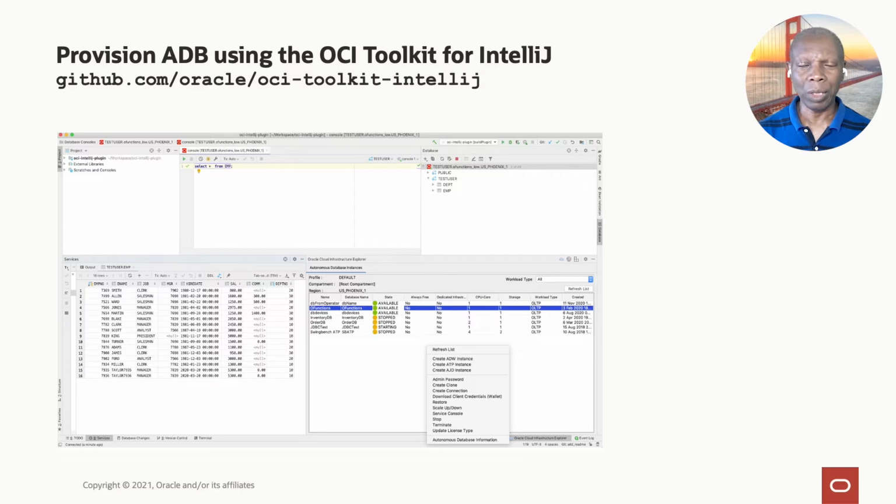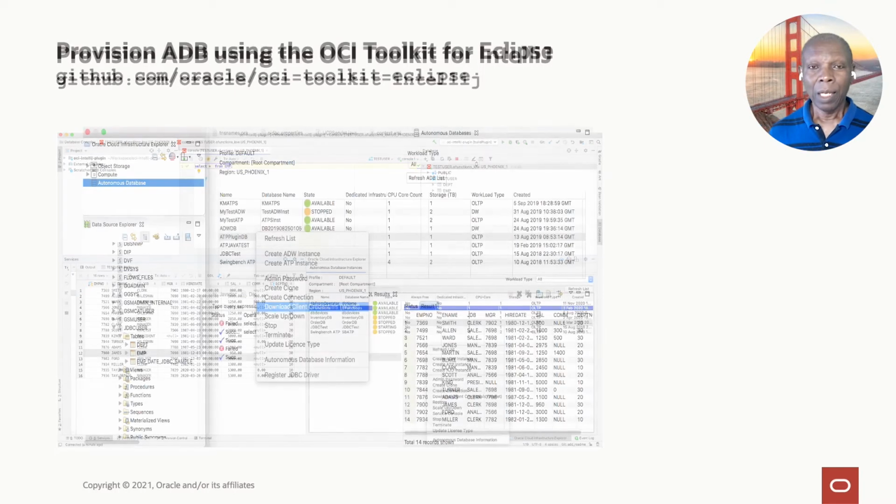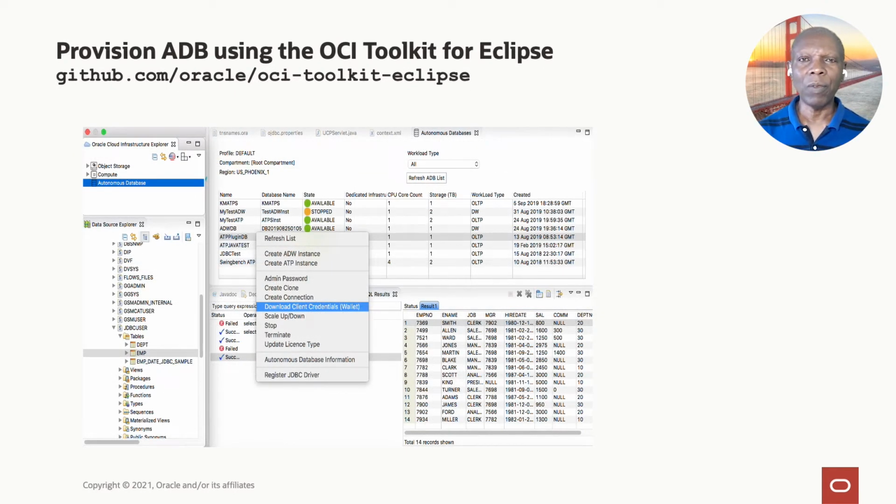The client credentials are generated for the specific instance of the autonomous database that you have provisioned, so you need to use that. In the demo, you will see how we use this from IntelliJ to provision and connect to the autonomous database. You might be able to do the same thing with Eclipse. The Eclipse plugin has been around for a while, since before we released that one. So you should be able to do the same thing with Eclipse.